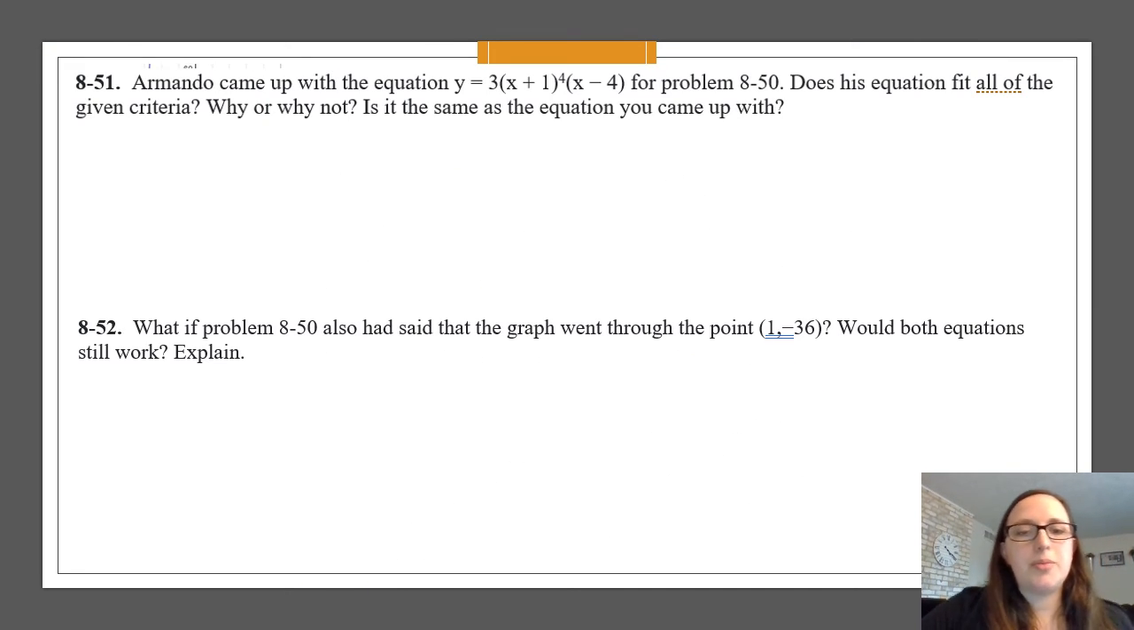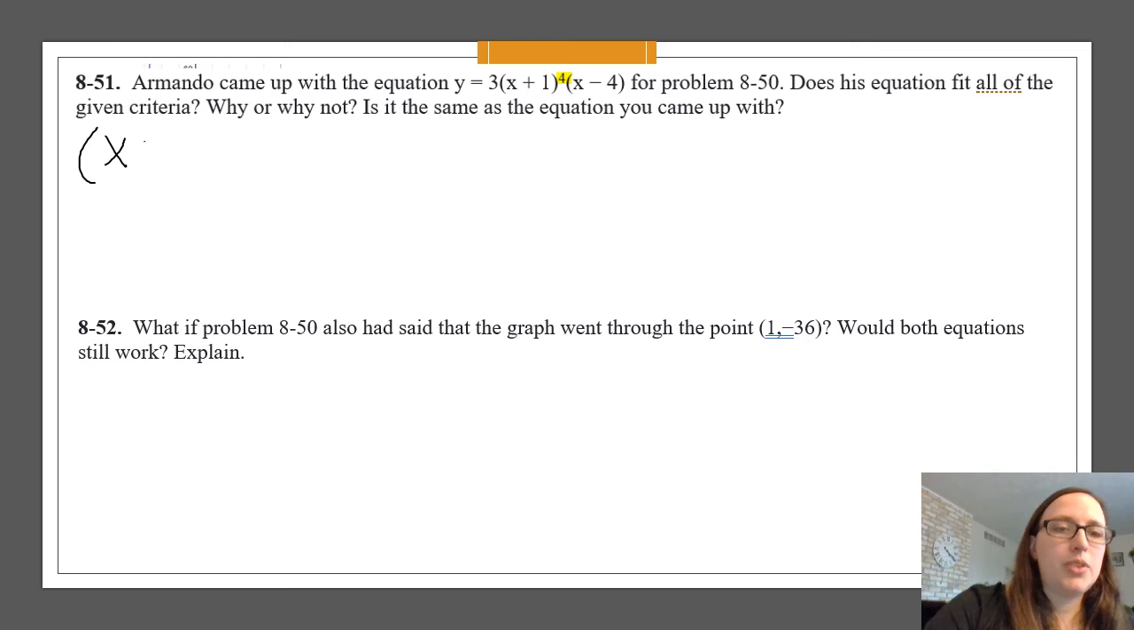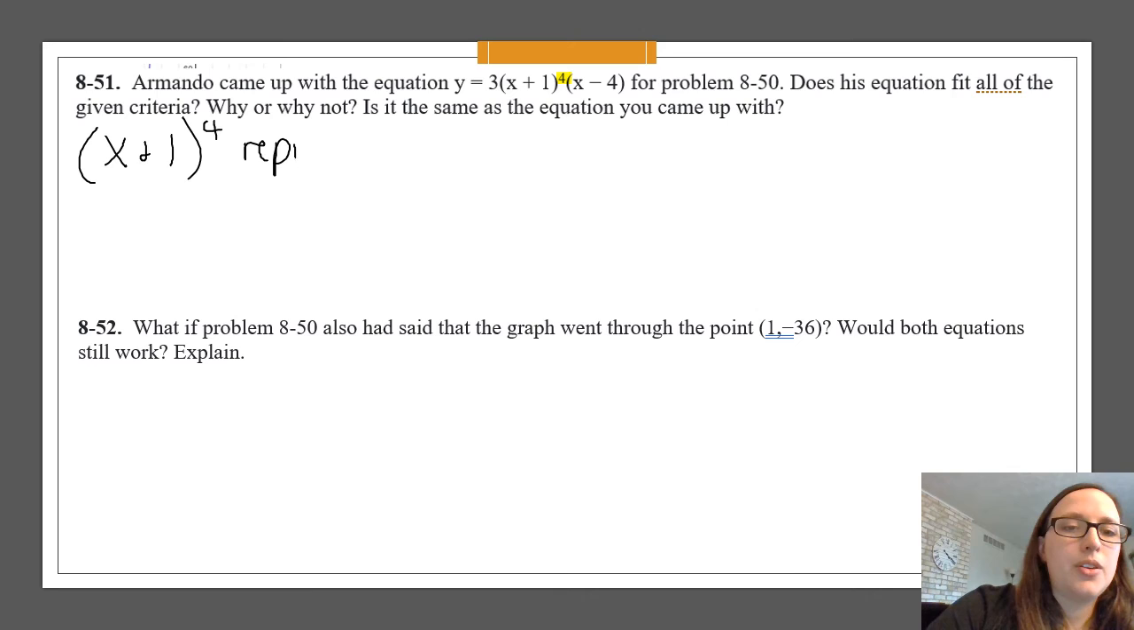All right, so this next problem throws us for a little bit of a loop. The only difference that Armando made in his equation is a factor of 4, or an exponent of 4, sorry. And if the exponent is even, that does represent a bounce. So it does fit the given criteria. So that x plus 1 to the 4th power represents a bounce